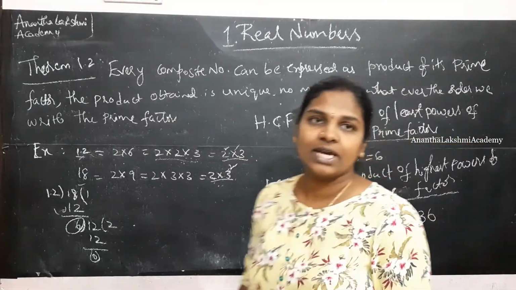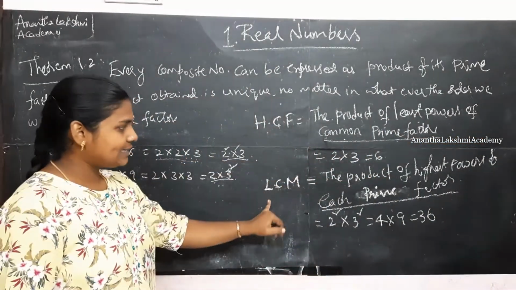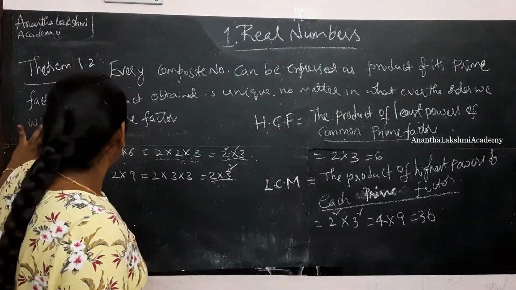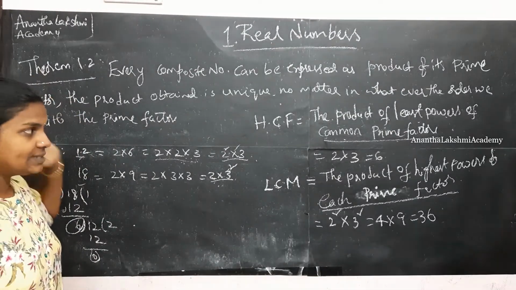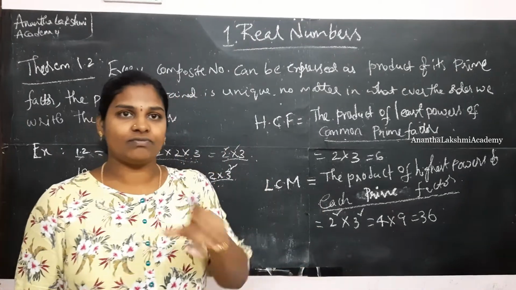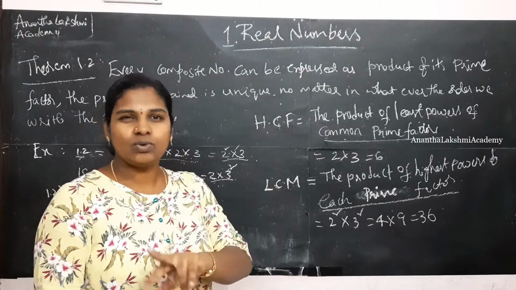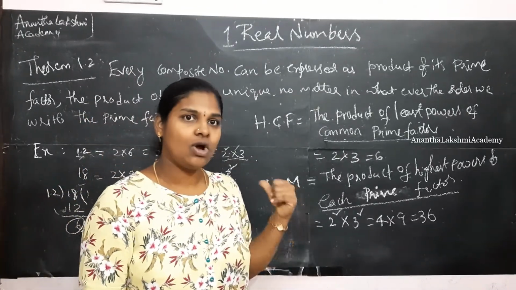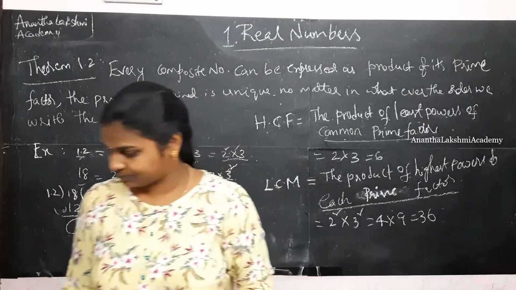This is how we figure out HCF, highest common factor, and LCM, least common multiple, using theorem 1.2. Alright, this is the concept that is needed for us to get started with solving the problems of exercise 1.2. There are 1 or 2 examples before the exercise. Please go through them before we jump into the exercise. Alright, let's go to the exercise problems.